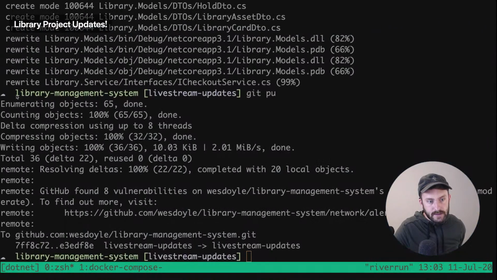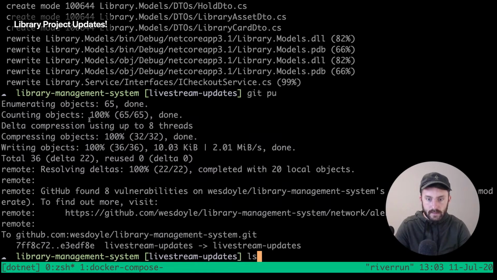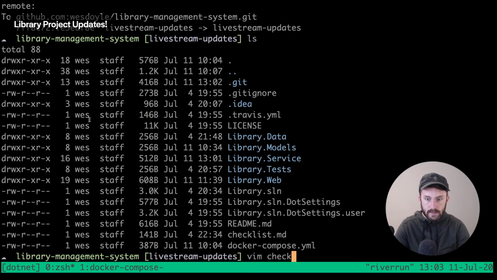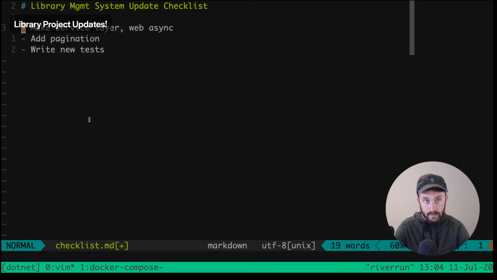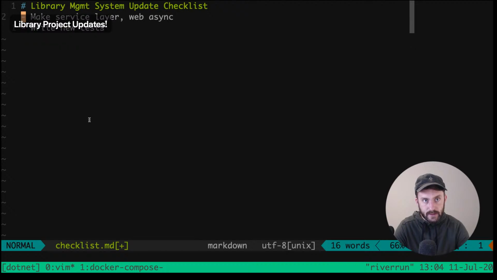The other thing is somewhere I have a to-do list, I think. Implement use of service result, we did that. Make service layer async, this is in process. Pagination is added, we did clean up that a little bit. Write new tests, this needs to be done. So once these two things are done,